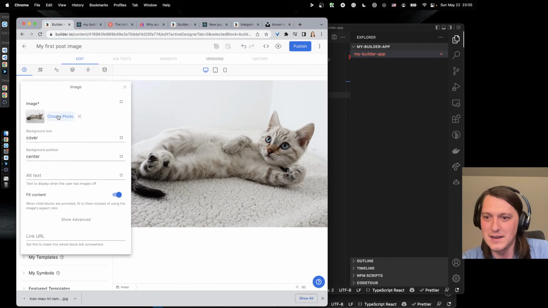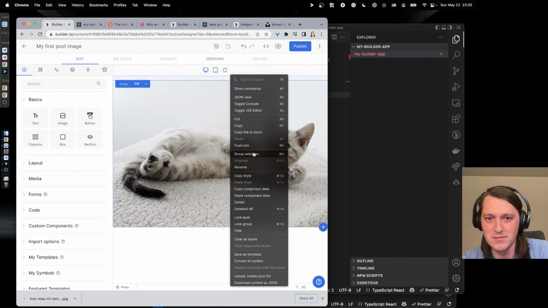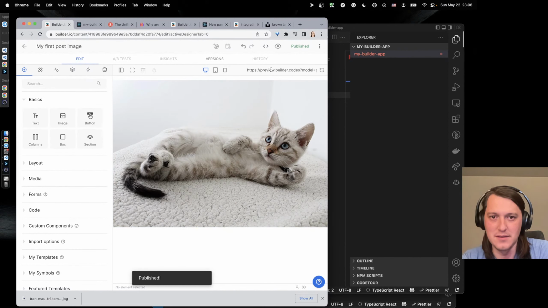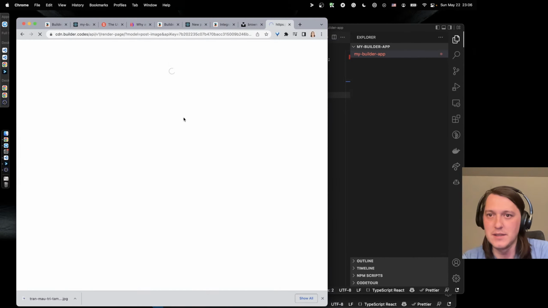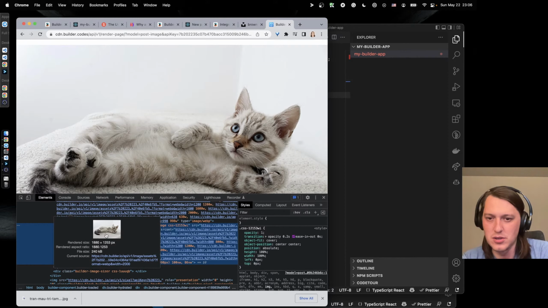Okay. How do you know what size that is? JSON view, the component, download. Okay, let's imagine that that's it. So now if I open this, it just shows me this image.